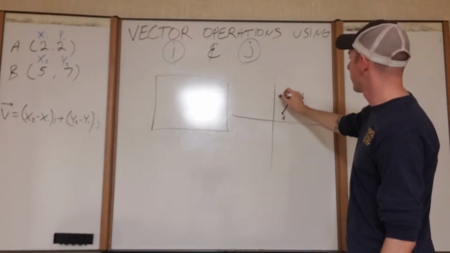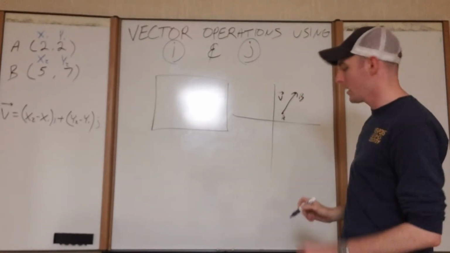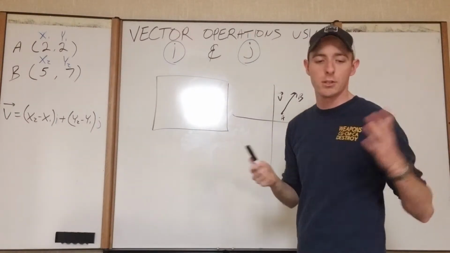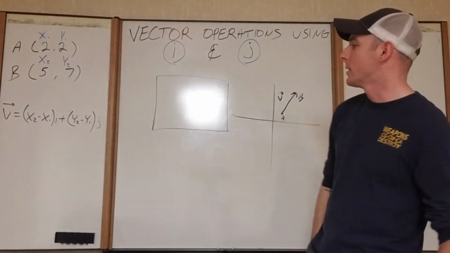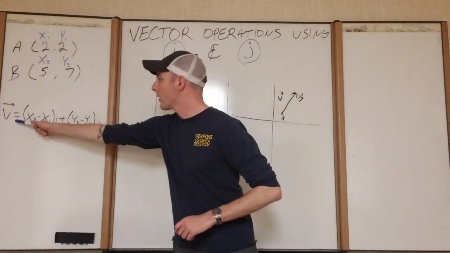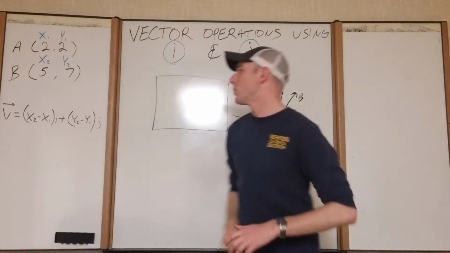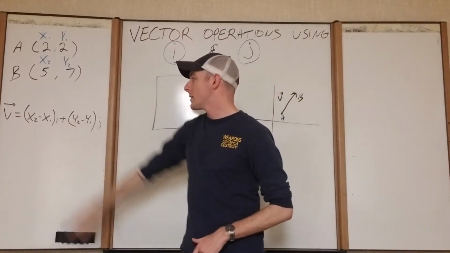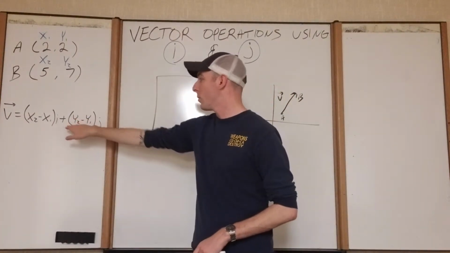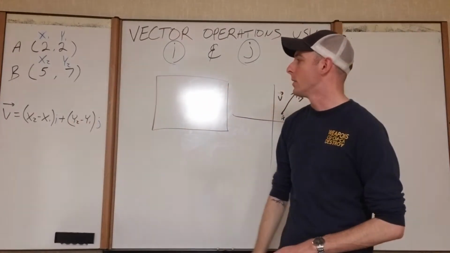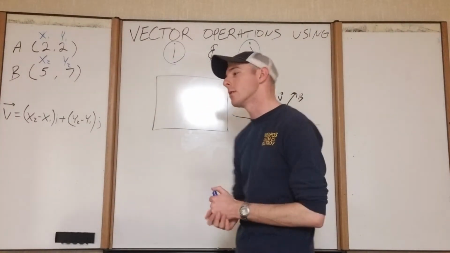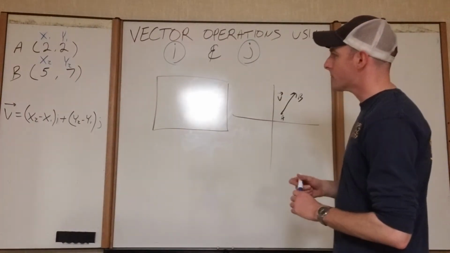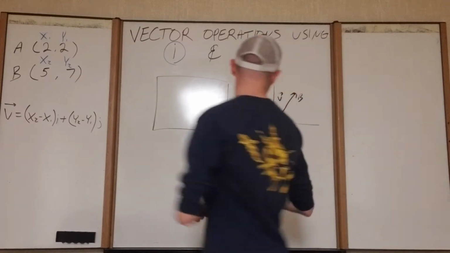And so this here, we have a vector, and we can express that vector in vector notation. And you can do that by using this little formula here, where your vector v is equal to x sub 2 minus x sub 1 with your i scalar, and plus y sub 2 minus y sub 1 j, where j is of course your y plane scalar. So if we plug these into our vector notation,